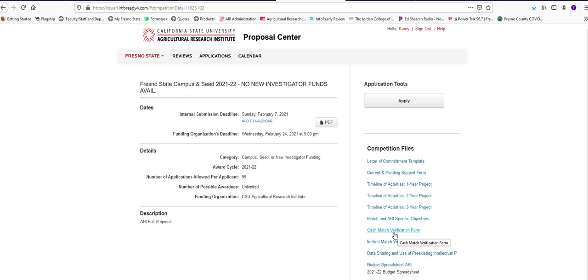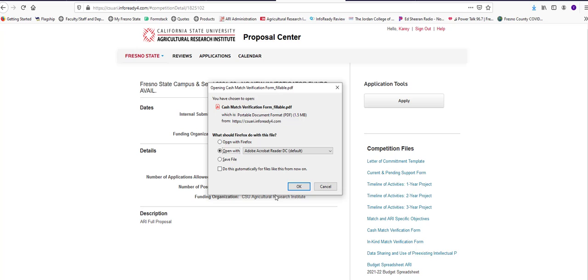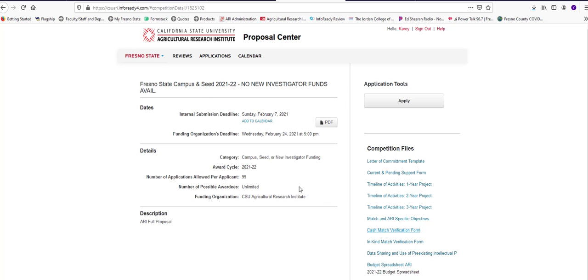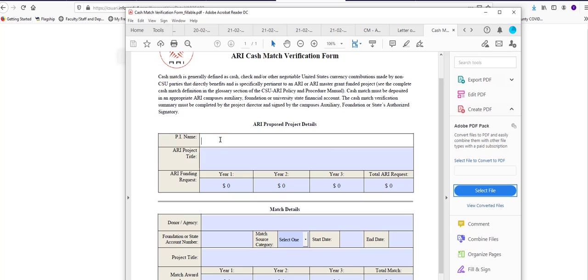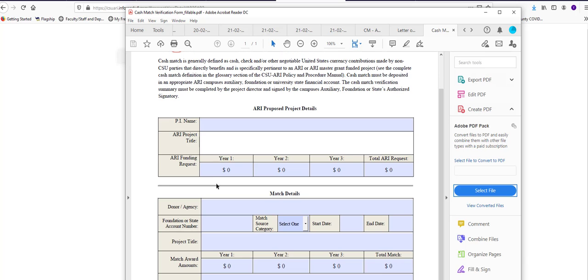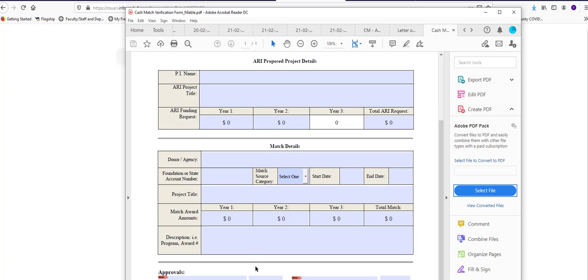You will also have a cash match and in-kind match verification form. This verification form is only necessary if you have your cash match in hand, then it must be verified. And you will fill this out with the PI name, your ARI project proposal title, and how much your funding request is for years 1, 2, 3 and the total request, and the match details, the donor agency, the foundation